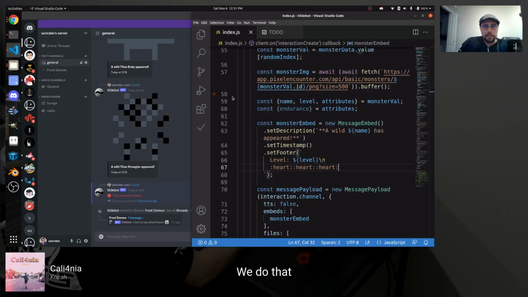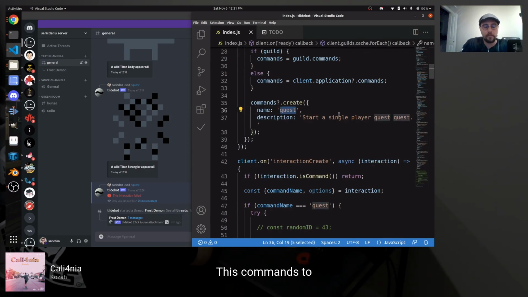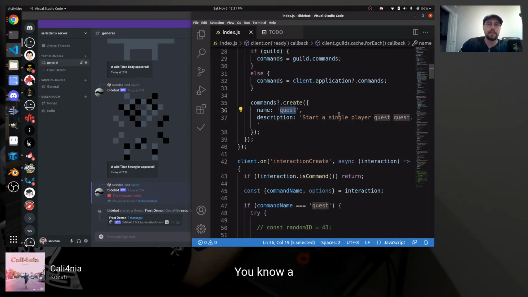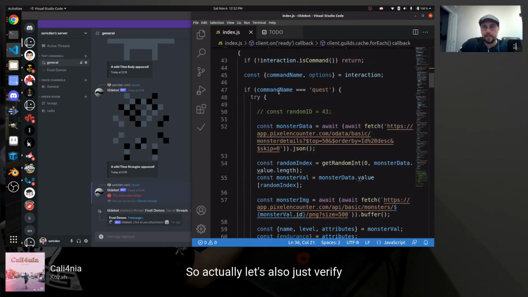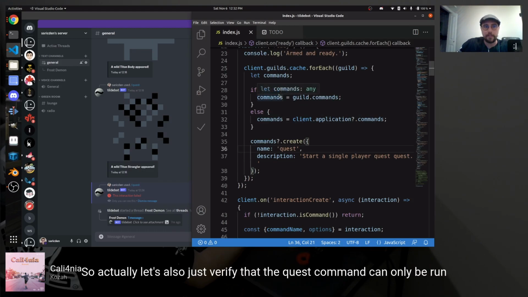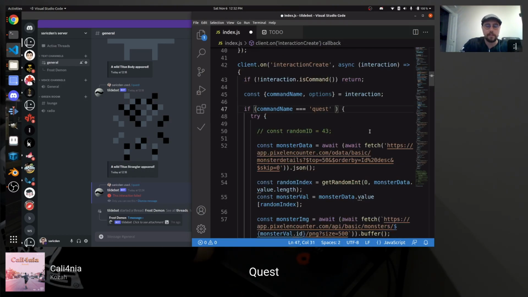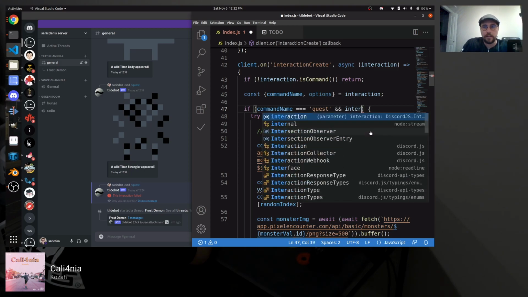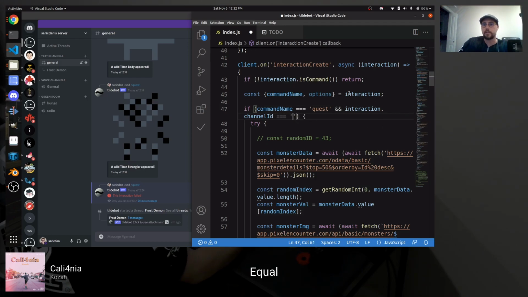Also, before we do this, let's change the name of this command. Actually, I like quest, because maybe this is how you start little side quests and they're not all monsters, but they could be monsters, you know what I'm saying? So let's also verify that the quest command can only be run from where? If command name is quest and interaction dot channel ID equals